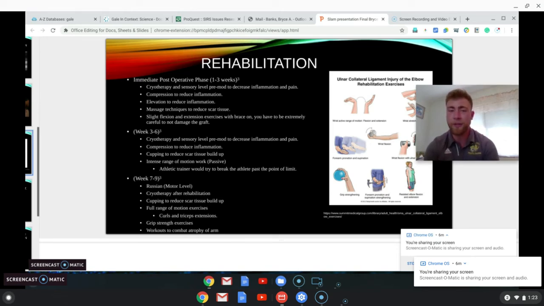The athletic trainer would then get the athlete to perform full range of motion exercises, for instance curls, extensions, kickbacks, anything that's a range of motion in the elbow. The athlete at this point could then do grip strength exercises. So he could squeeze foam balls, do forearm curls, forearm extensions, basically anything to help combat the atrophy that the